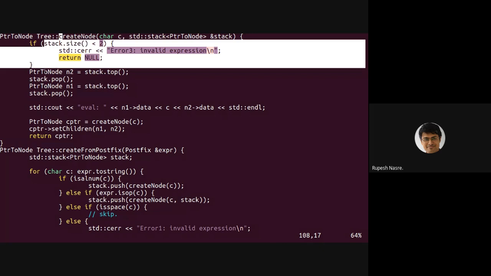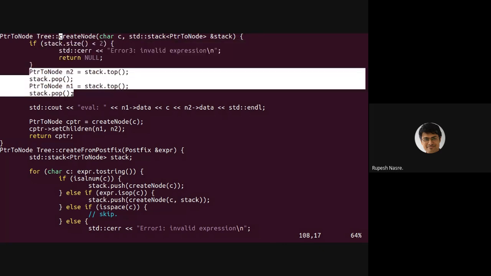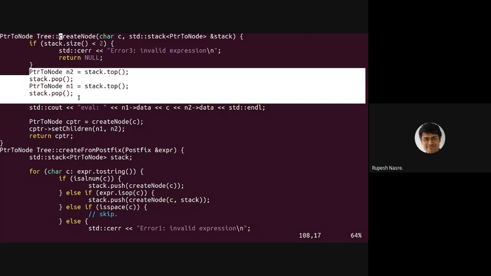So that check I make. And importantly, I remove 2 elements, but importantly, these two should be n2 followed by n1 because I am pushing them as left and then right.